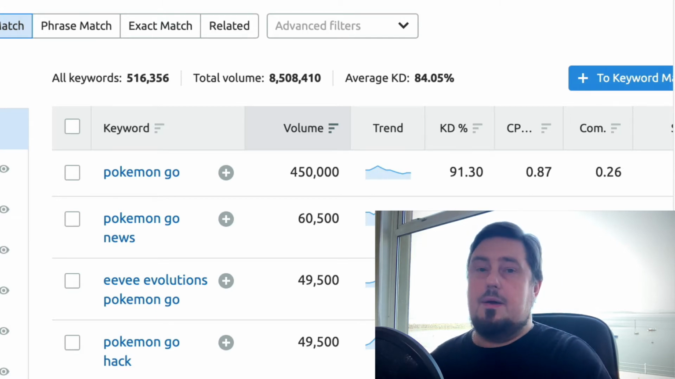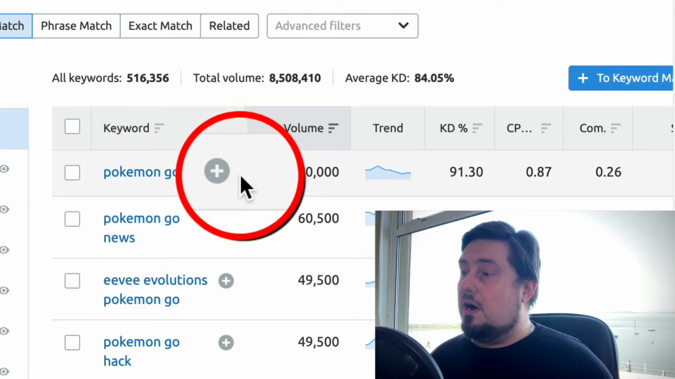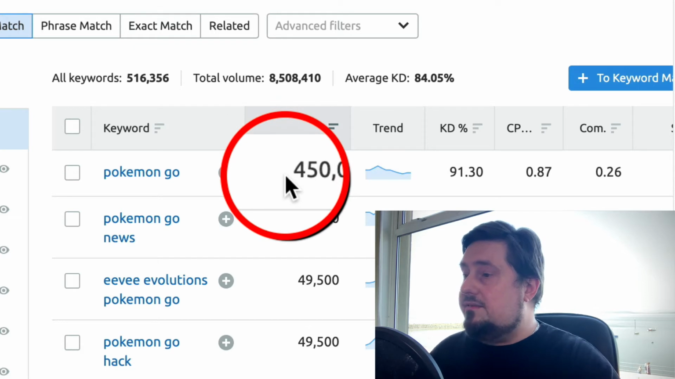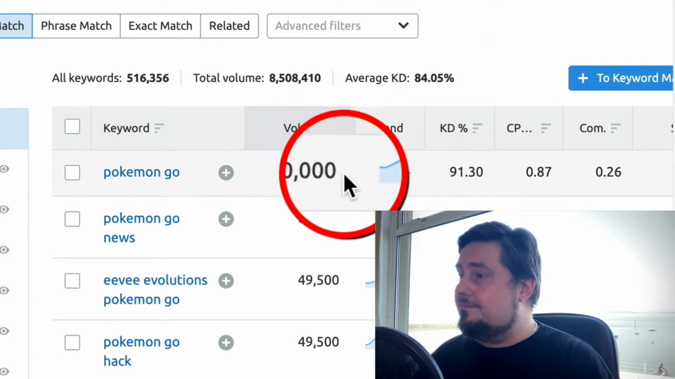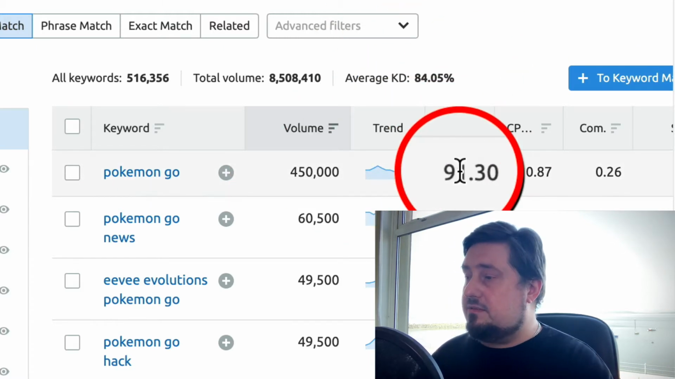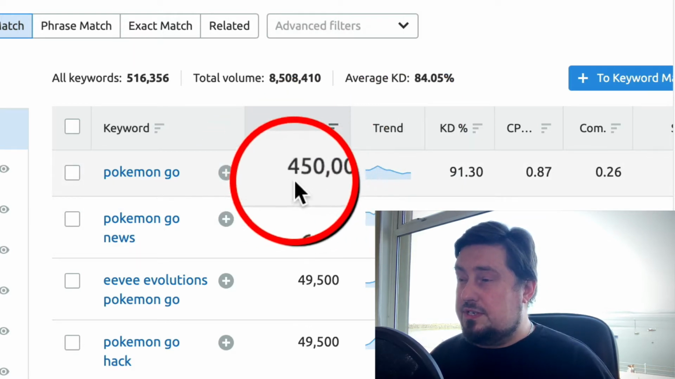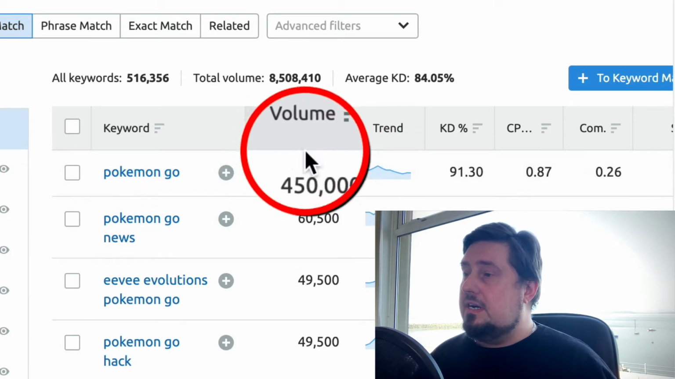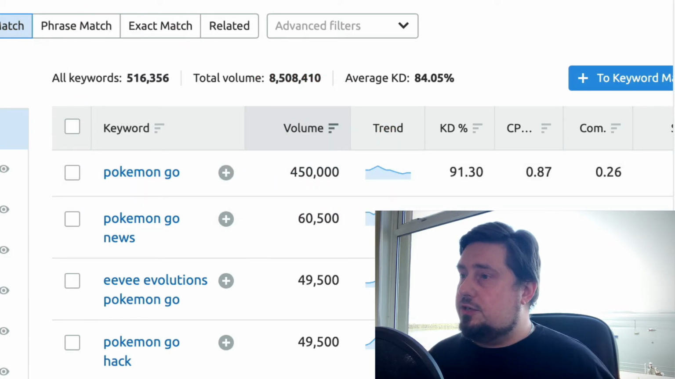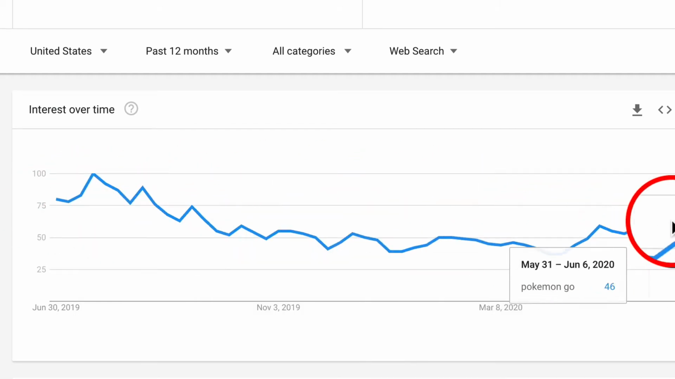So this is SEMrush, and we're looking at the search volume for Pokemon Go. Now, at first glance, this looks like a pretty decent keyword, and the search volume is pretty high. Okay, the competition is crazy high, but in terms of search volume, which we're focusing on at the moment, it looks really good. But if we head over to Google Trends, we can see that over the last 12 months,